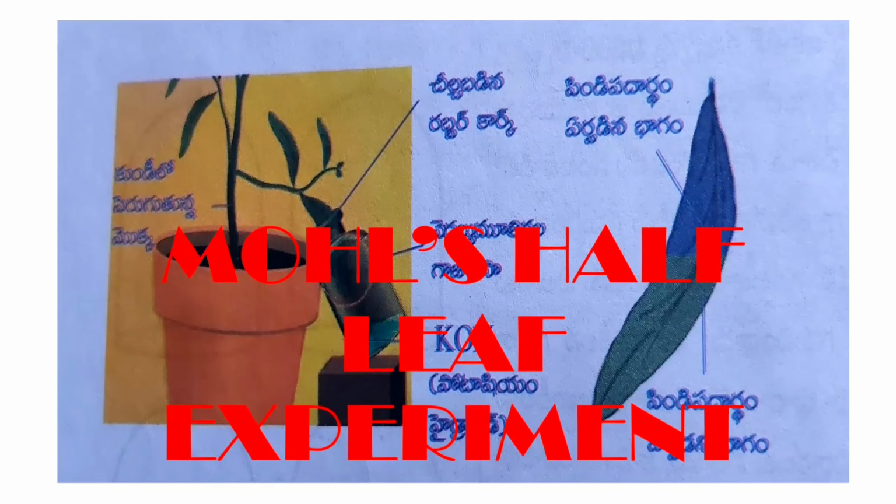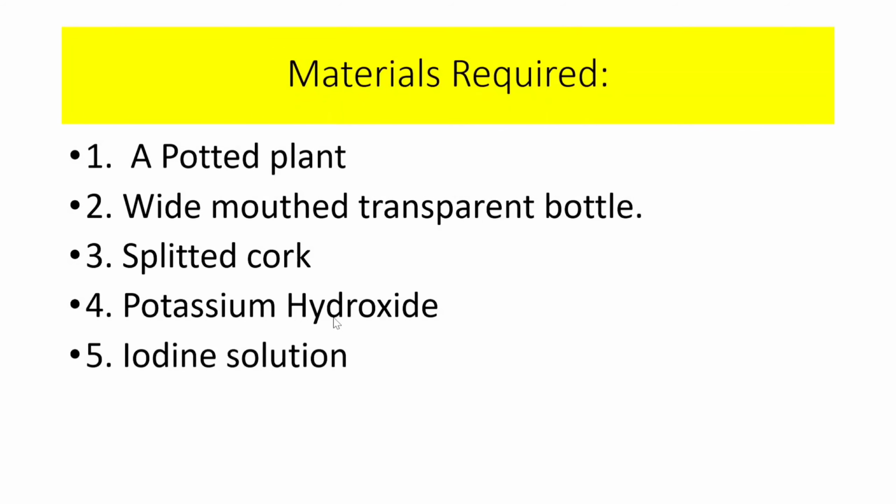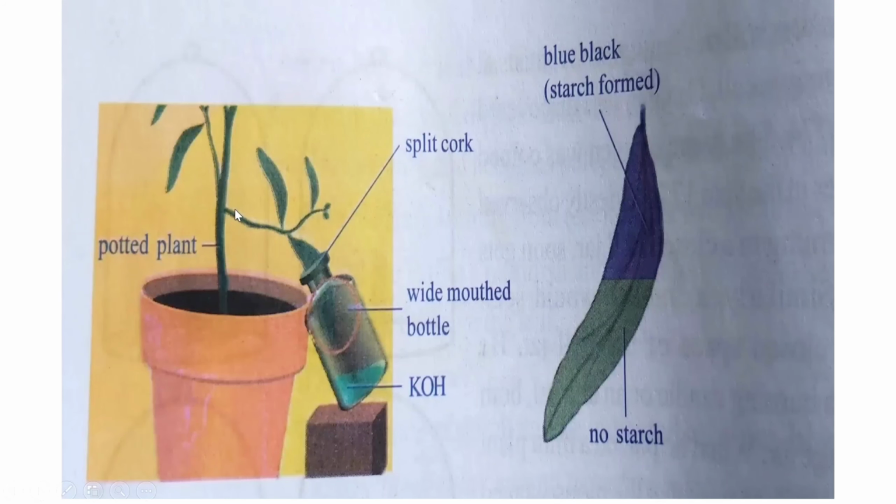Moll's half-leaf experiment, to prove that carbon dioxide is necessary for photosynthesis. Materials required for this experiment are a potted plant, preferably with long and narrow leaves, a wide-mouthed transparent bottle, a split cork, potassium hydroxide, and iodine solution. Take a potted plant, and this potted plant should be destarched. For destarching, we need to keep the plant in the dark for nearly a week